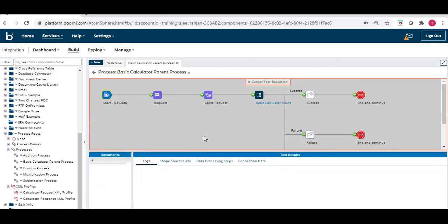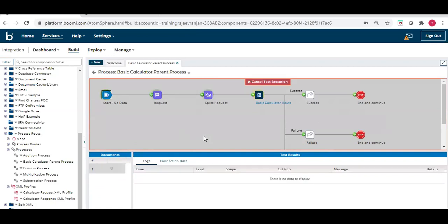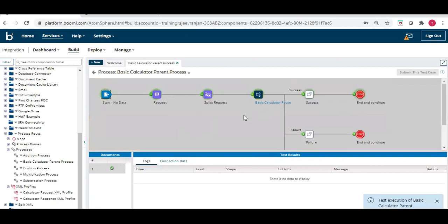Yes, you can see it is executing here. No exception or error occurred, so it seems like every sub process call was executed fine.